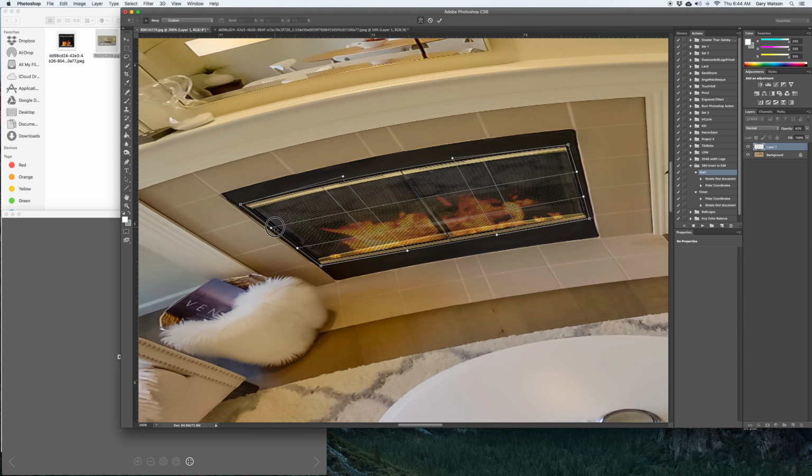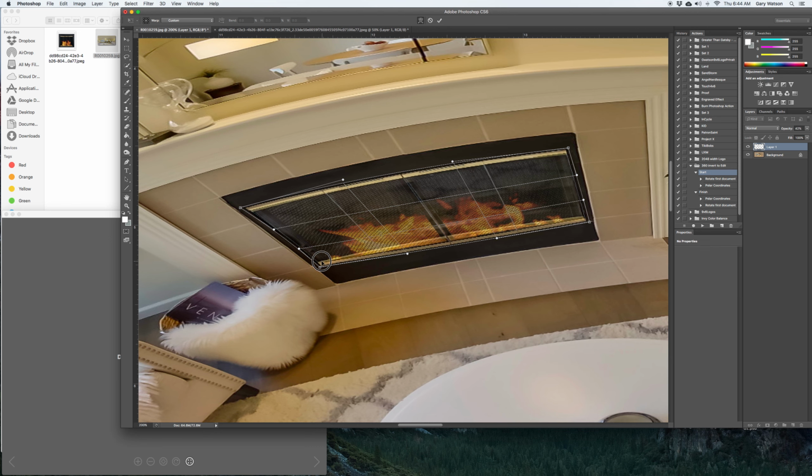I want to make sure that we're distorting the sides too, so it still has that fisheye-esque look. I don't know if I'm saying it the right way, but we want to make sure that it's distorted in line with what the original image looks like. So this is just a manual way to do it. You can probably do it a couple other ways, but I found that this is the quickest and easiest for the stuff I'm editing here. So I think that looks pretty close, so we're going to say yep,